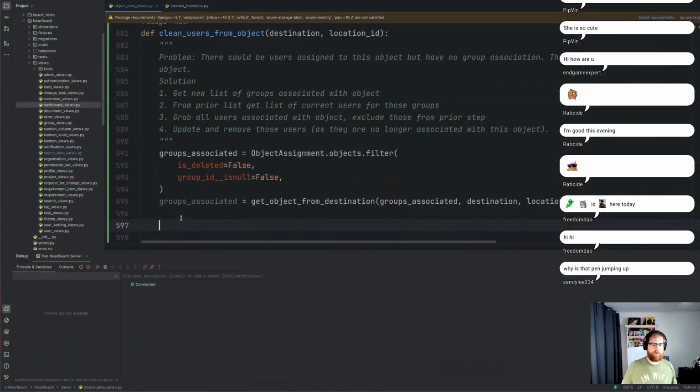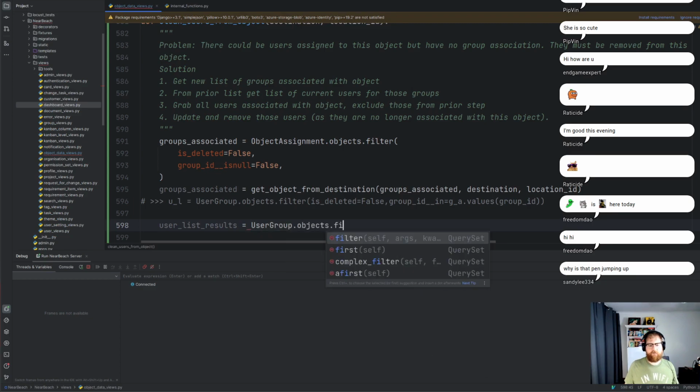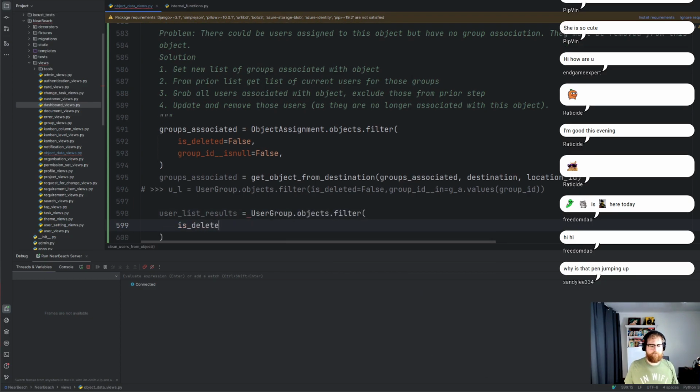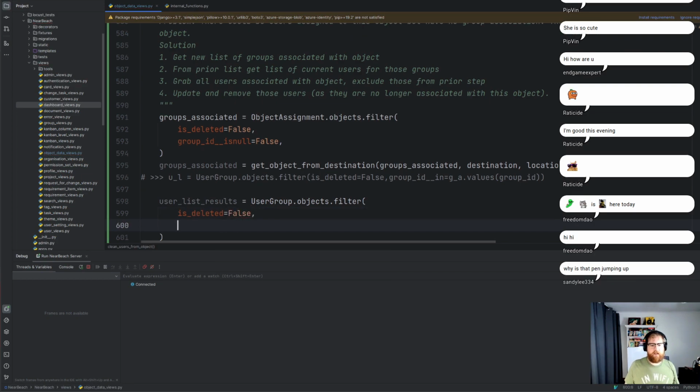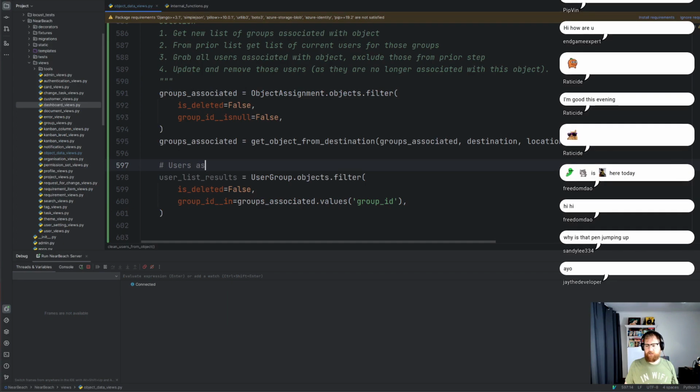I'm just going to copy this as reference. So we want, I'm just going to do that. User list results equals user group dot objects dot filter, once again, is deleted equals false. And then what we want is the group ID in groups associated dot values, and then we want group ID here. So that gives us the group list. So users associated with